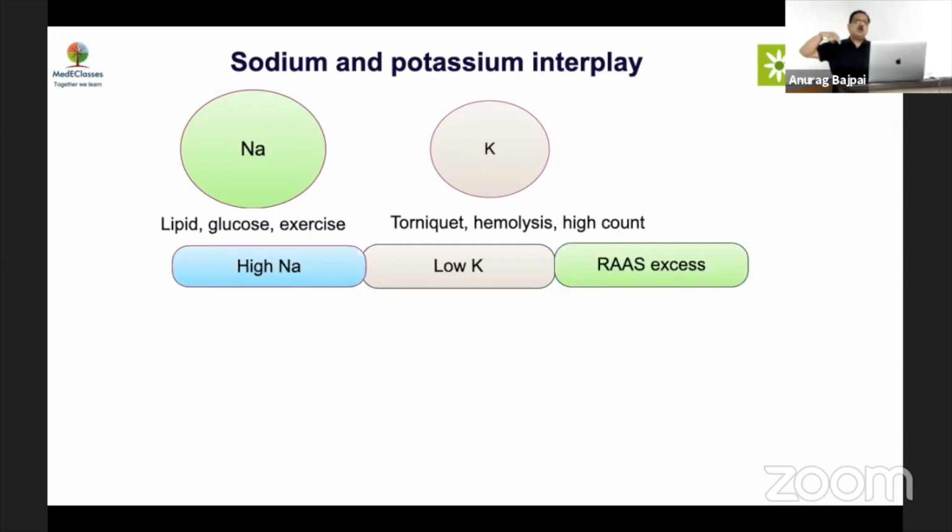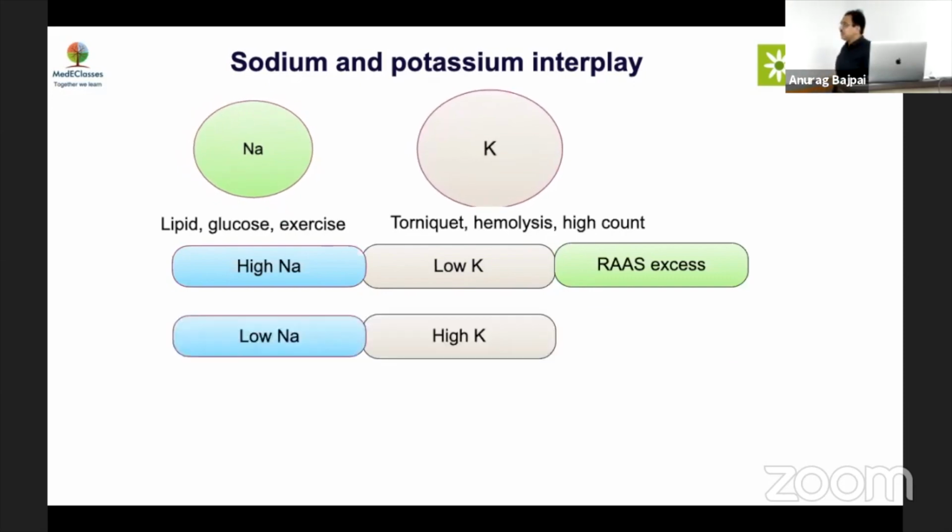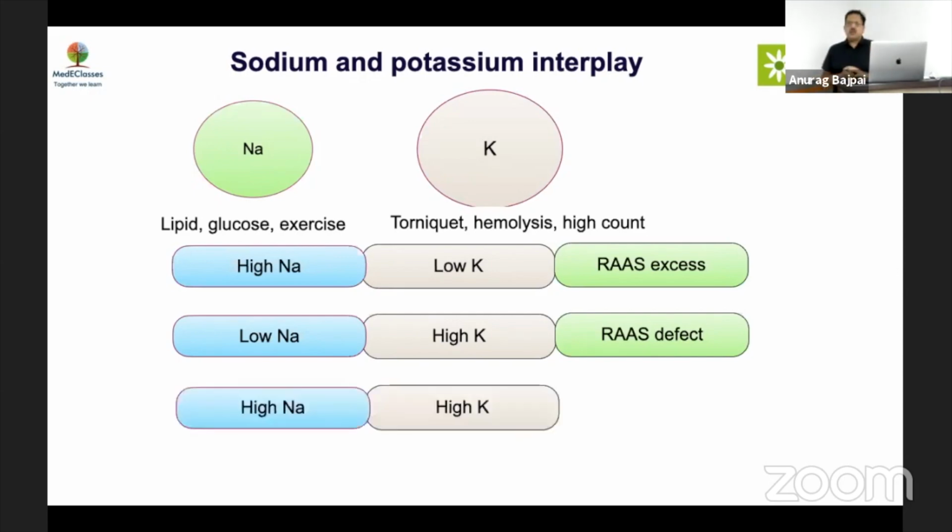Pseudohyperaldosteronism, aldosterone excess, Liddle syndrome, all those things will have this sort of picture. If you have low sodium, potassium will go up. This is hyponatremia with hyperkalemia. This is classical RAS deficiency, cortisol deficiency with mineralocorticoid deficiency, mineralocorticoid resistance, CAH, all that will cause that. Now, what are the exceptions? So we said high sodium, low potassium. If you have high sodium, high potassium, the condition is